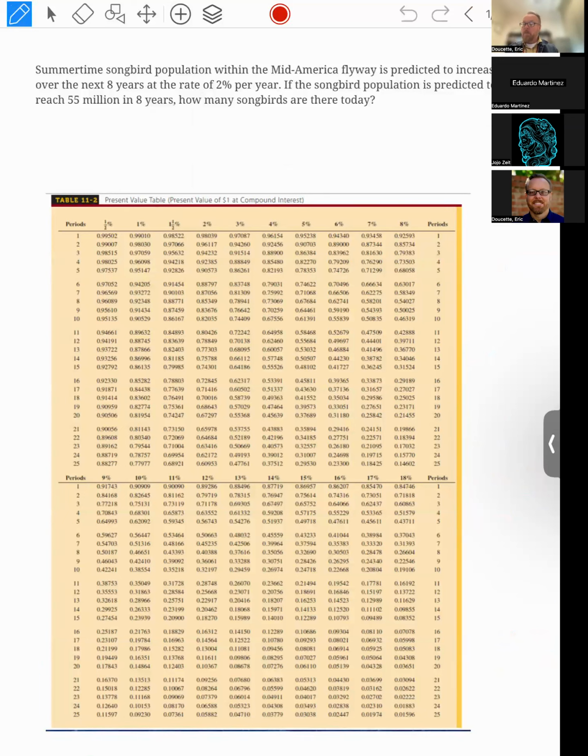compound interest chart. I do have one more problem there. Summertime songbird population within the Mid-America flyway is predicted to increase over the next 8 years at a rate of 2%. The songbird population reached 55 million in 8 years. How many songbirds are there today? So again, let's see, it's increased over the next 8 years at 2% per year. So the table factor is going to be 8 times and 2%. So if I look at 8, 2%, so it's